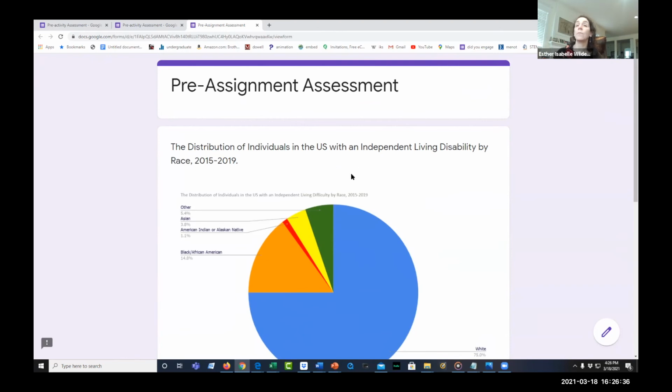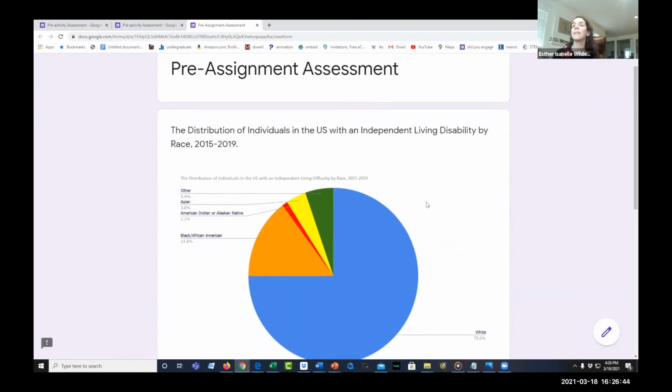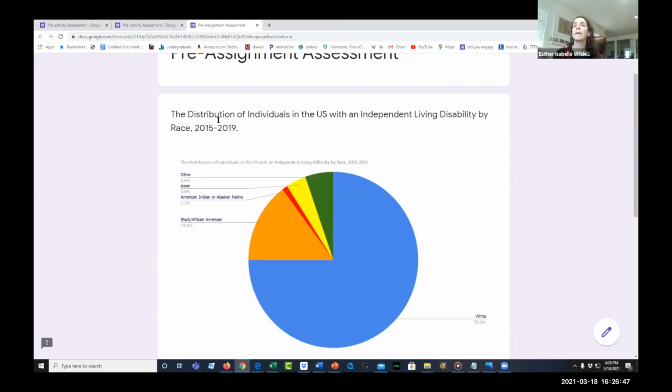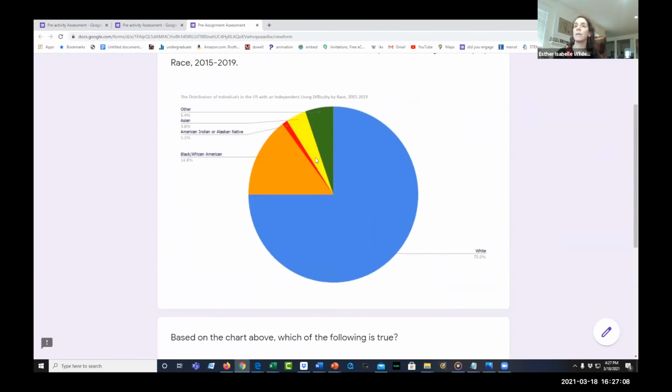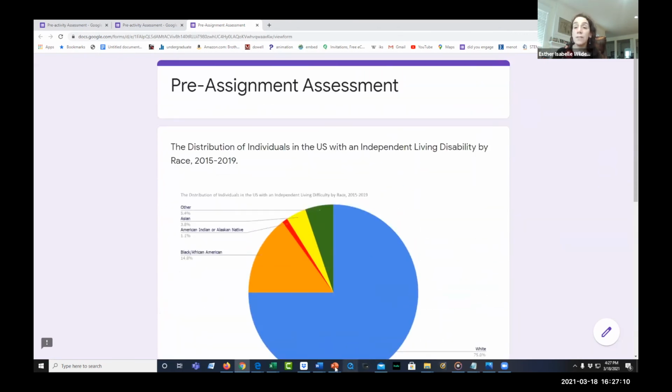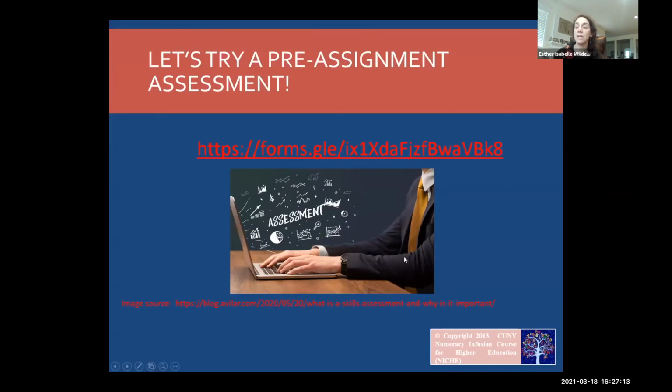This also speaks to the importance of when you see a graph, like a pie chart, you really have to sit there and study it carefully. Because this pie chart, I tell students, as we go over how to interpret tables, is the distribution of individuals with an independent living disability by race. Look at what the pie chart is telling you. This is a distribution. So make sure when you interpret it, you look at what this is telling you about this distribution, because that's what it is. So going back to my presentation,